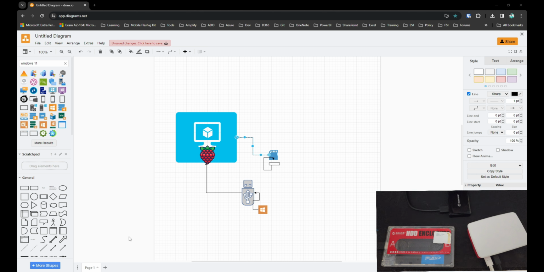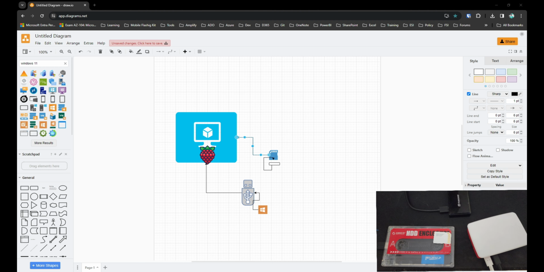vorprojects.com. We are going to load a custom bootloader to the SD card. It's a UEFI bootloader which I'm going to load to the SD card, and then we're gonna use the Windows imager for Raspberry Pi 5 to image Windows 11 on the external hard drive. You need the external hard drive. Okay, so